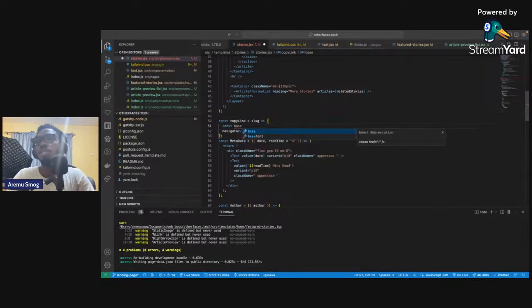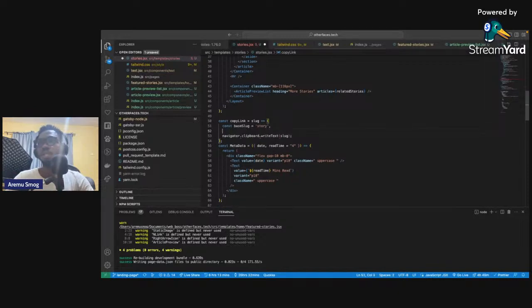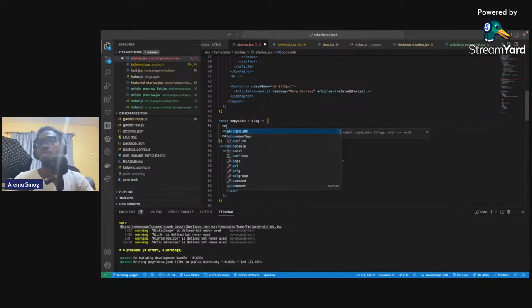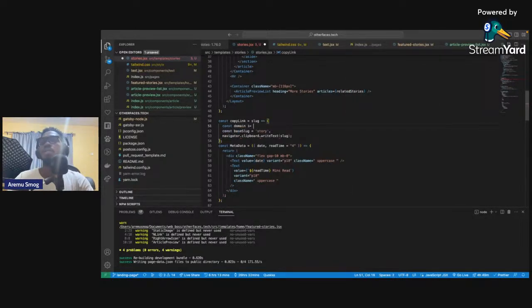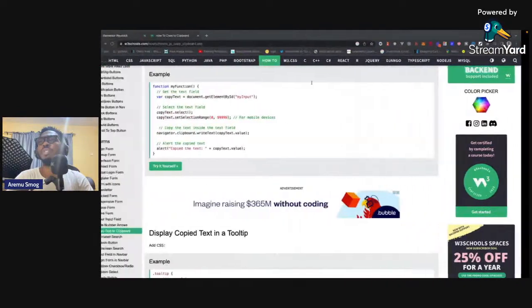Base slug equals story, right? First story, then const domain equals. So for example, when you're on otherfaces.tech, you want to be able to get the domain, right? So I'm just going to come over here and say